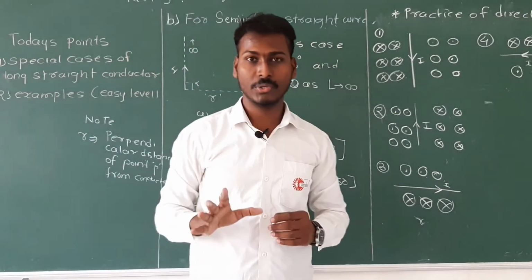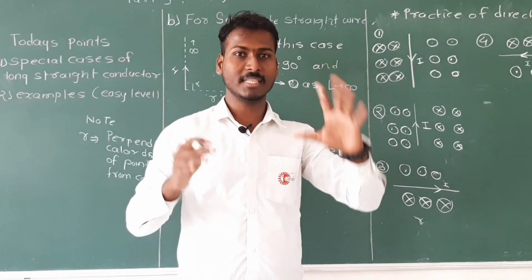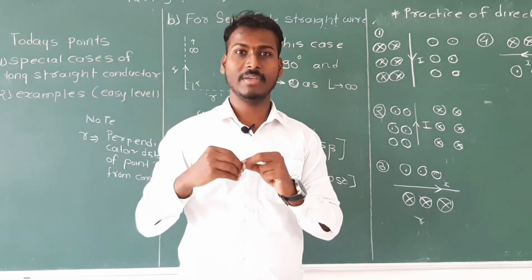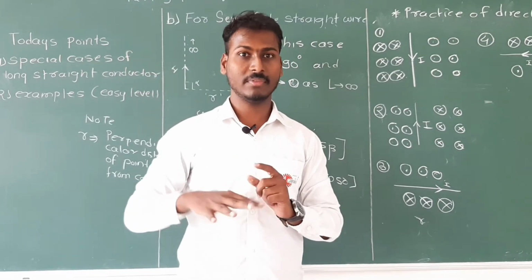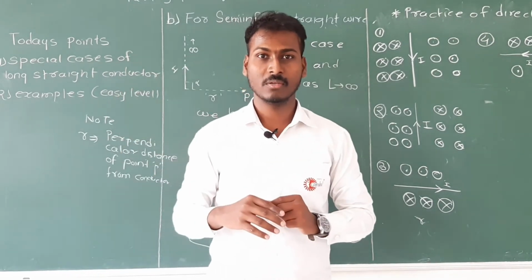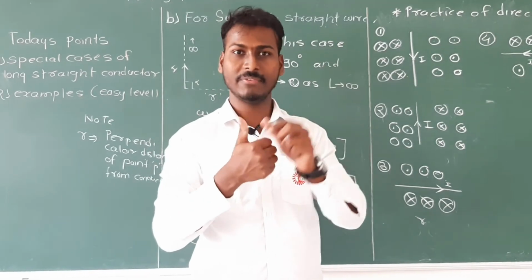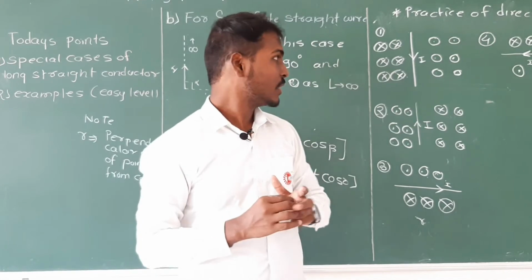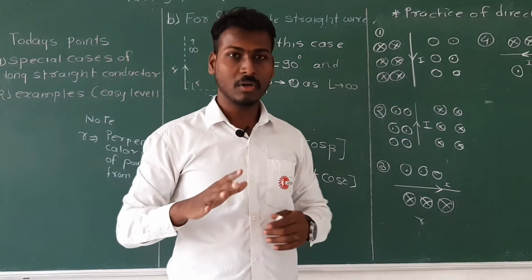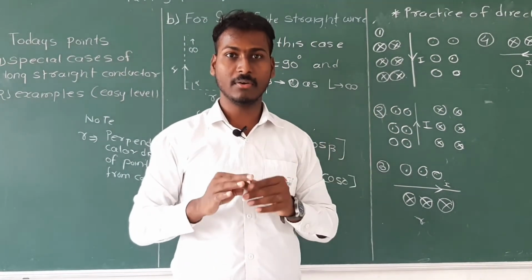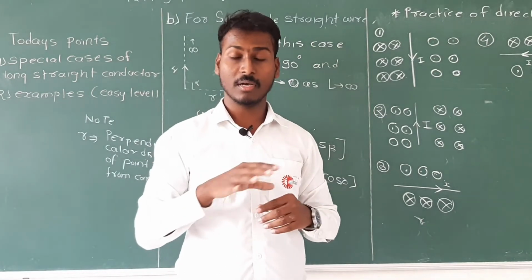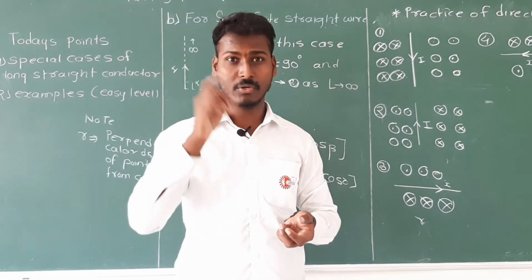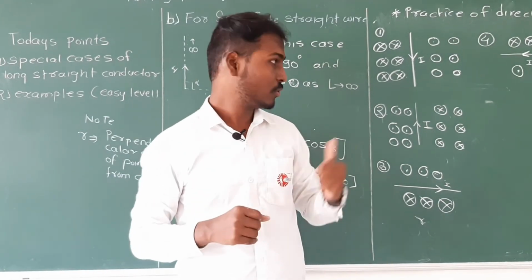So now you know how to use right hand thumb rule. Actually for long straight conductor we use this. When we go for the circular ring, there we can use this rule also, but there we have a very easy rule also. As there also we are going to use thumb and fingers, but there is some other technique. So just note down all things, see carefully. If you have any doubt, again revise all, pause it and again see carefully. If you have any doubt, you can put that in comment box also. Okay, note it down.